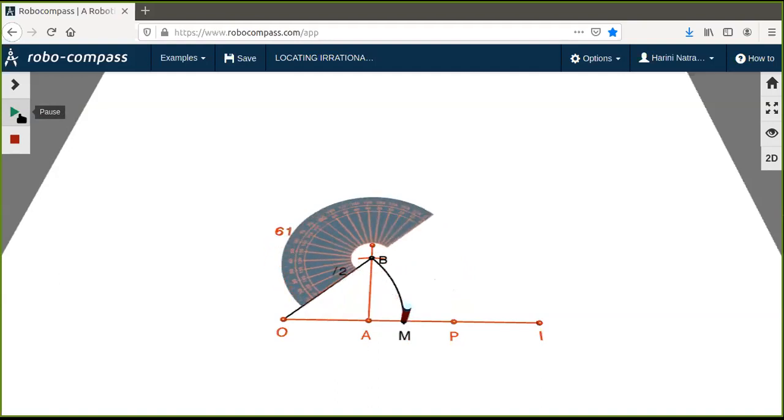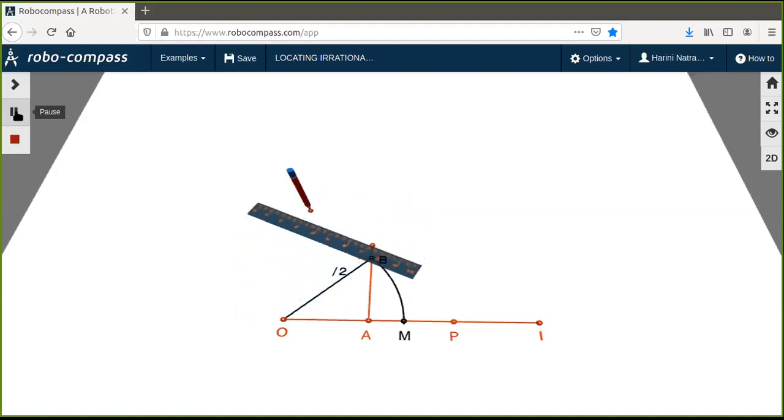Now I have to repeat this process, not on the number line, but on the hypotenuse of the first triangle. So OB is the hypotenuse of the first right triangle that we've drawn. So now your 90 degrees is going to be constructed at B. So I keep my protractor along OB, which is the hypotenuse of the first right triangle, and mark a 90 degrees. See how the protractor is placed. So the 90 degrees is marked, you remove your protractor, draw the line. So your 90 degrees is now constructed on the hypotenuse OB of the right triangle OAB.